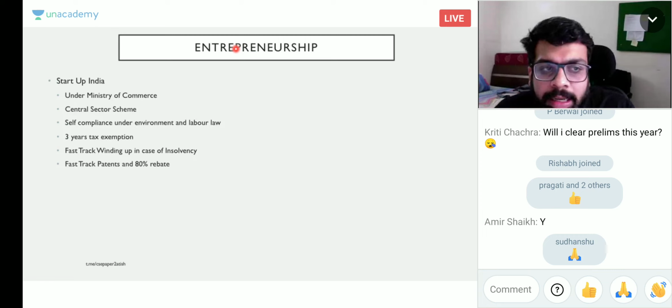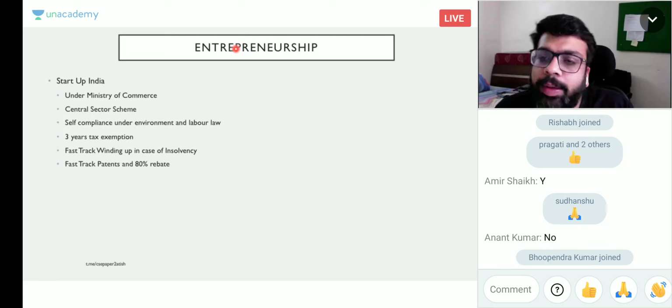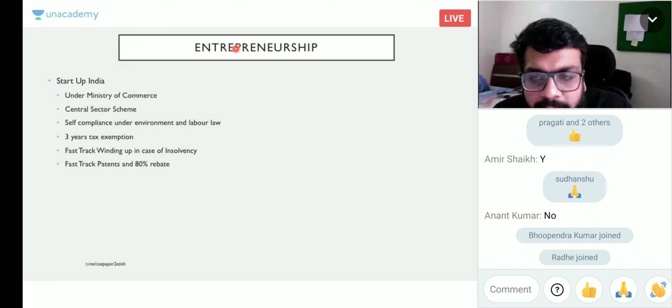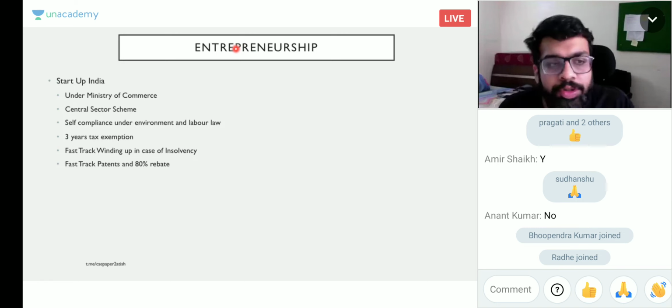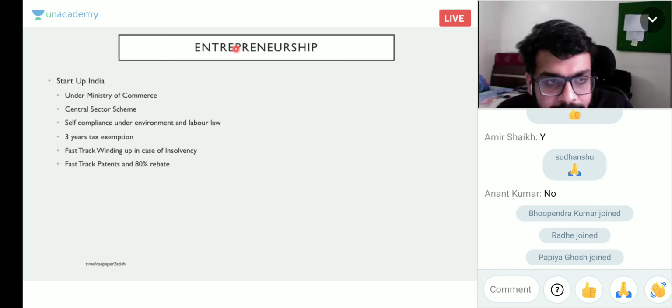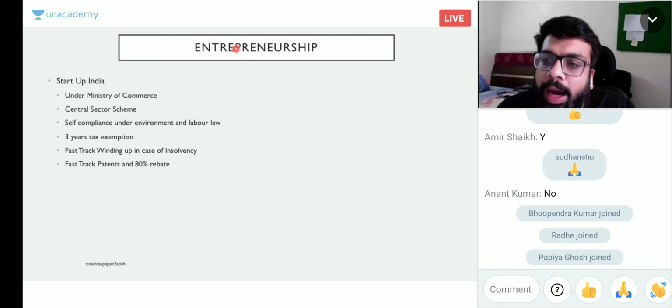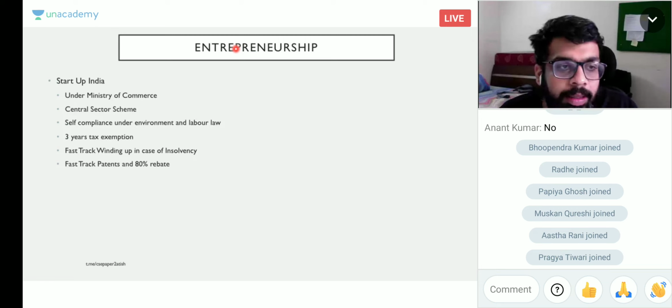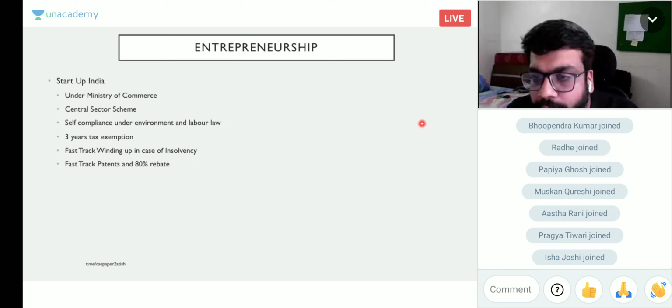If you are a startup registered under this, you can self-attest that you are following relevant environment and labor law provisions. You don't need to prove this. It's assumed that you are following environment and labor law provisions. You get a 3 years tax exemption, and you also get incentives, which is basically, if you are raising investment on a higher share value than what your fair share value is, you then have to pay a certain amount of angel tax. If your total investment is not more than 25 crores, you don't have to pay